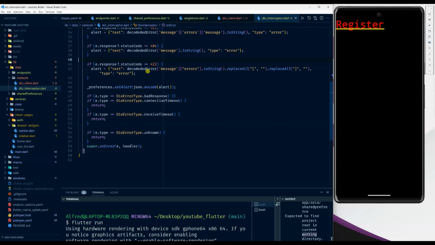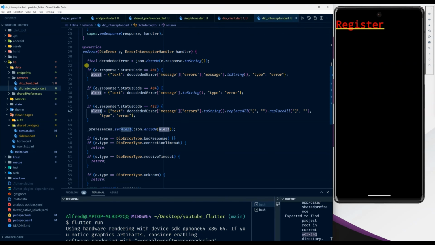Same as 422, I am going to reach out to the errors. This 422 means there may be some validation errors, and I'm going to reach out to the errors and bring them to this text here of the alert map. You could just do a lot with this. For example, 500. If you get 500, we can just go ahead and populate the alert with the text that's